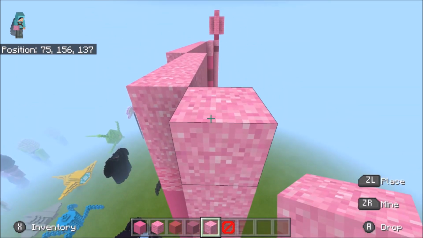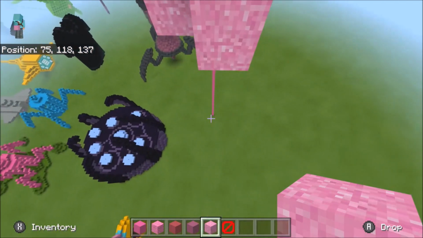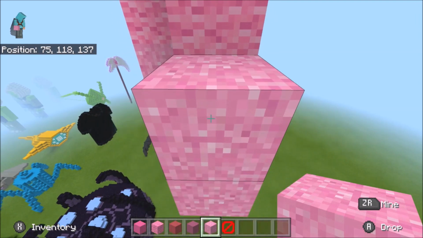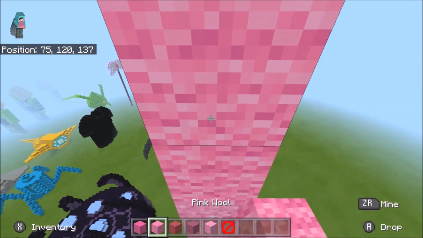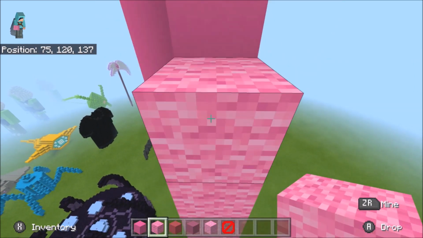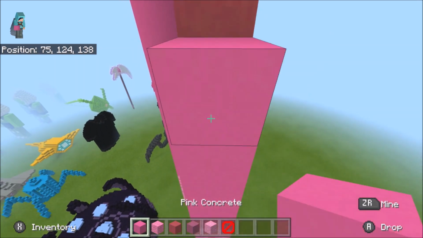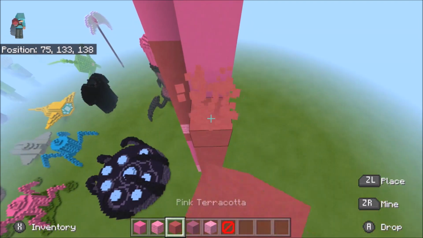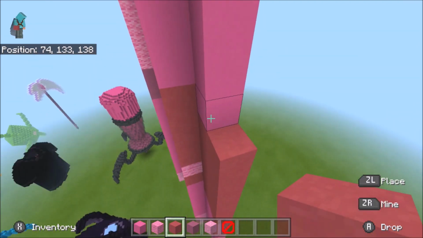Okay, next up, let's drop back down, take out our barrier, put 1 there, 2 pink concrete powder. That's just kind of the norm at this point. Go ahead and do 2 pink wool, 4 pink concrete, and then let me double check what we're doing here. Yeah, go ahead and bring the pink terracotta up to the same level as it was last time, and then